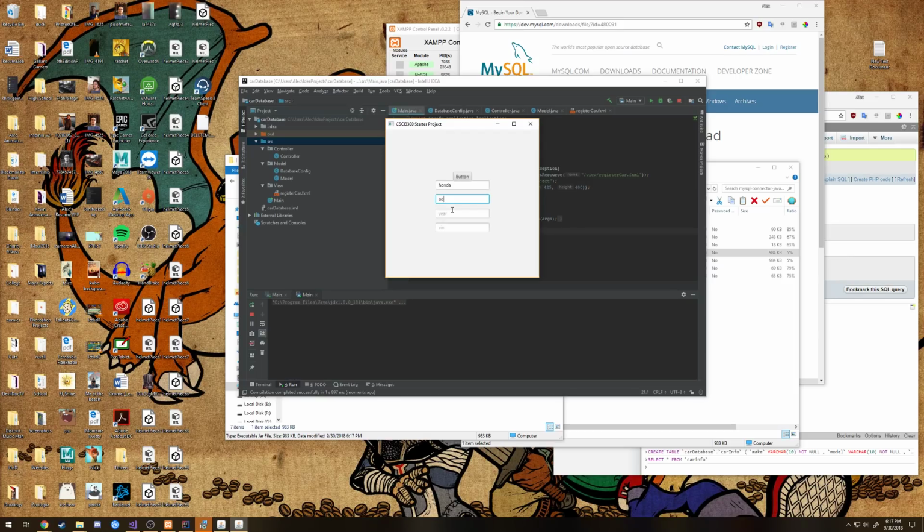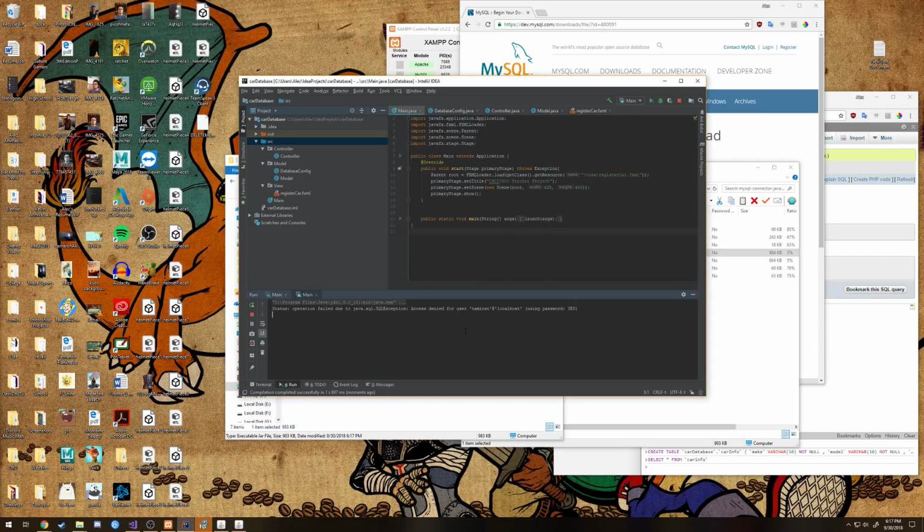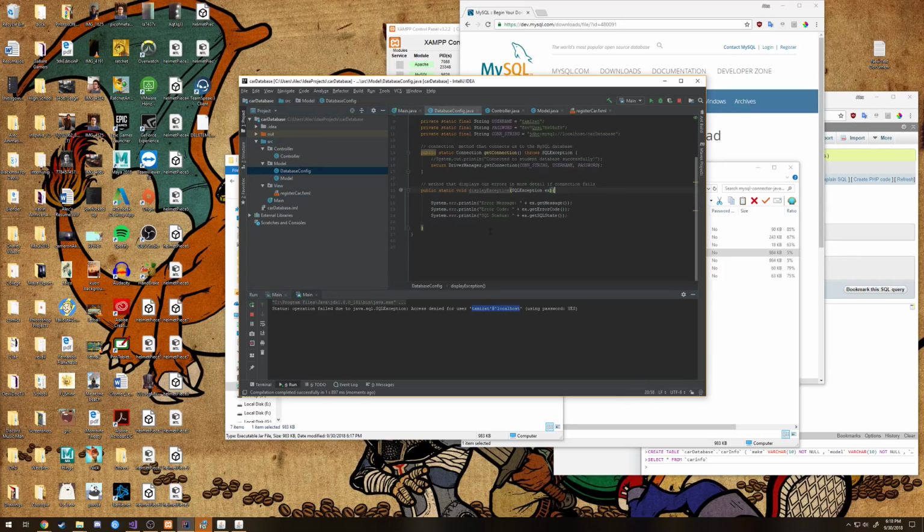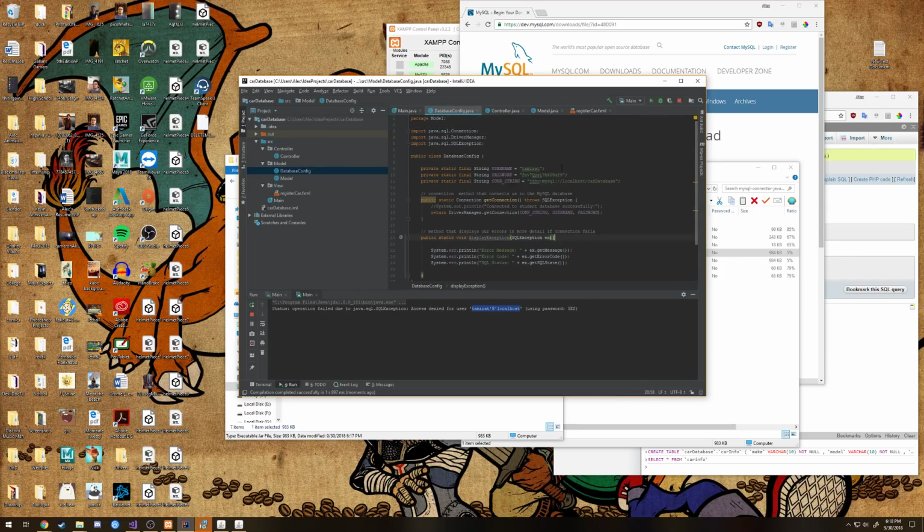Honda Odyssey 1999, and then 1234 is the VIN. Press button. I didn't change it. Access denied for user Tamrat at localhost. Silly me, I didn't change the database configuration. This is not the right username or password. I believe the password is